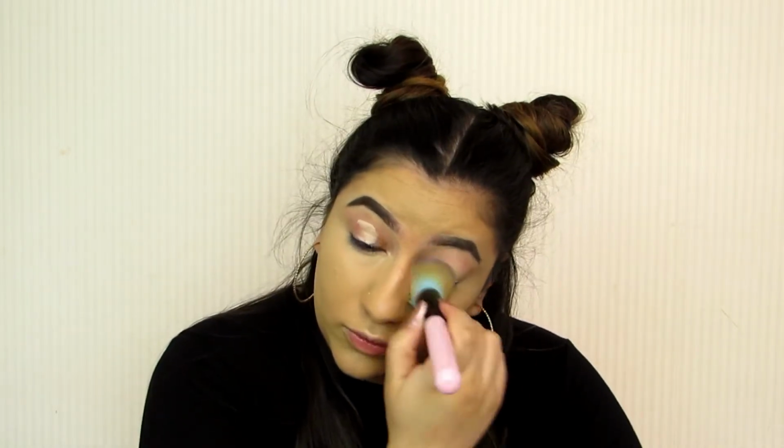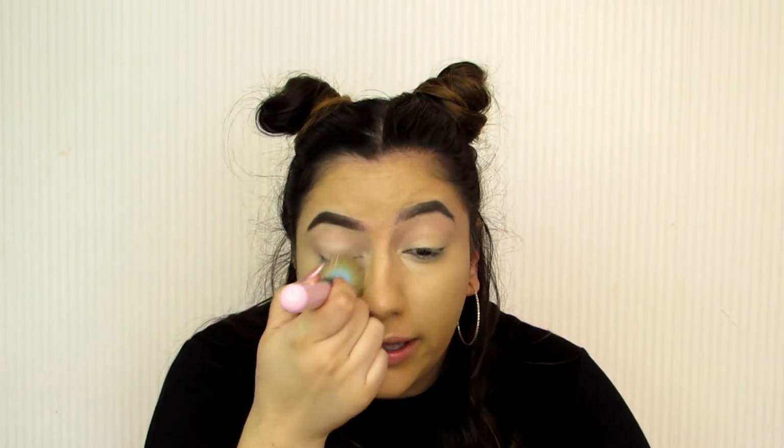And if you haven't tried it and you have got acne, then please give it a go, because I told my friend about this technique and she said she tried it and she was really happy. She was using a foundation which isn't necessarily the best coverage, but then she used this technique and she said that the coverage was a lot better. So even if you don't necessarily want a full coverage, but maybe you've got a foundation that isn't the best, you can still use this patting technique and it will just